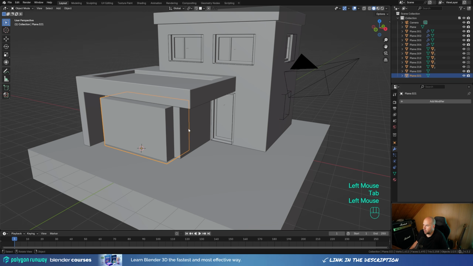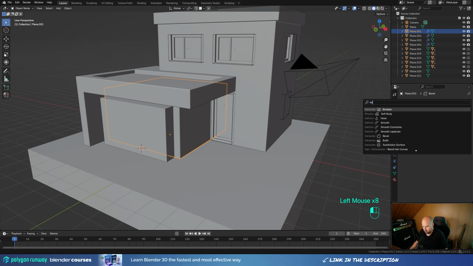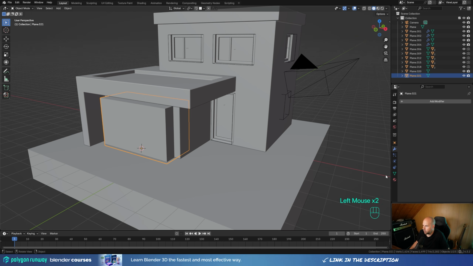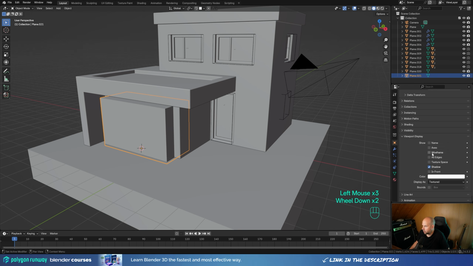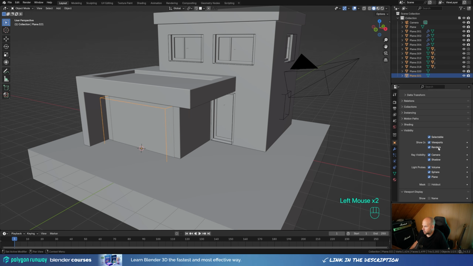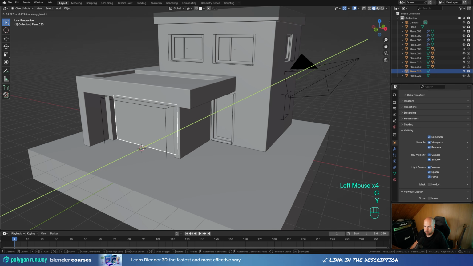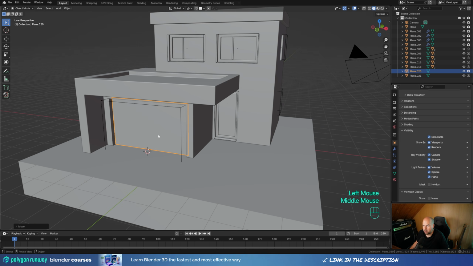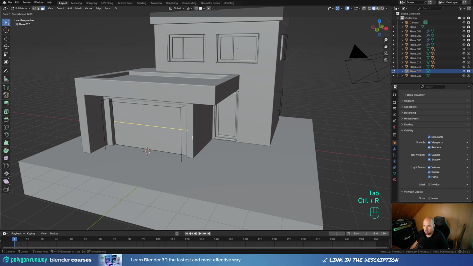Now tab out, and now let's add another Boolean modifier here, and let's choose this. But again, we'll go and set the visibility as bounds and disable it in renders. And now we can just move this one back inside a little bit. And if you want to give it some structure, you can always tab into the edit mode, press Ctrl R,